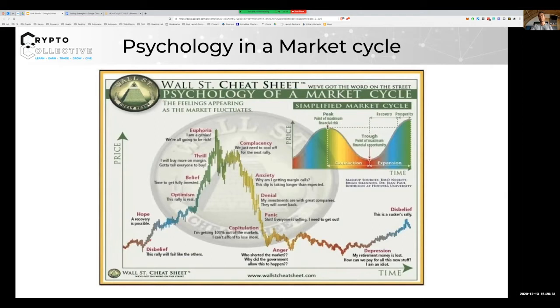But then what happens is it gains traction. And this isn't just Bitcoin, obviously. This is any asset, right, or any trend. Something gains traction, then there's hope, and people feel like there's potential in this. If it's just had a big crash, people usually think, "Oh, okay, there's a possibility for recovery." So usually that confidence starts to build up, and then people are like, "Okay, let's buy some more," and more people jump into the pool, and then all of a sudden there's spikes, and then people get optimistic,